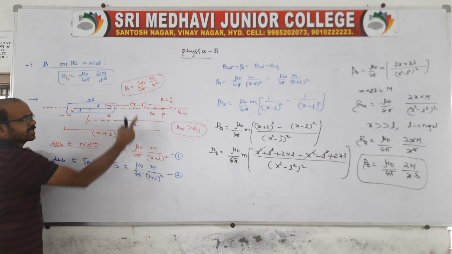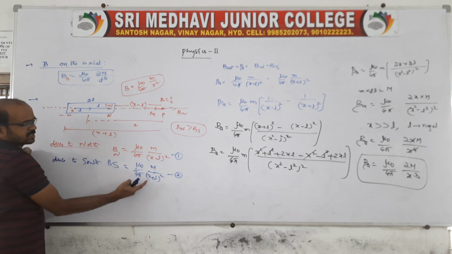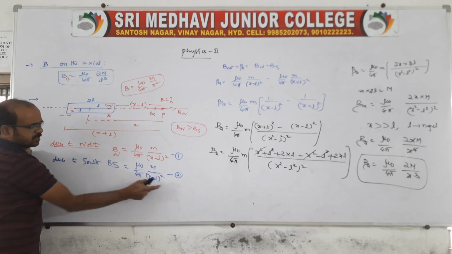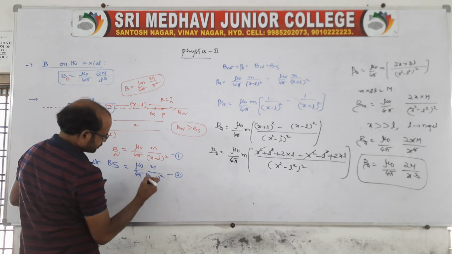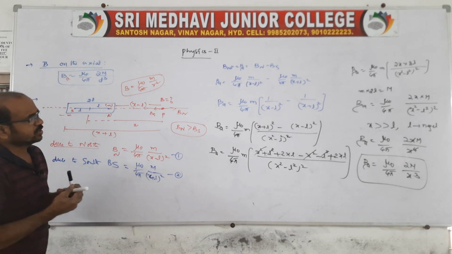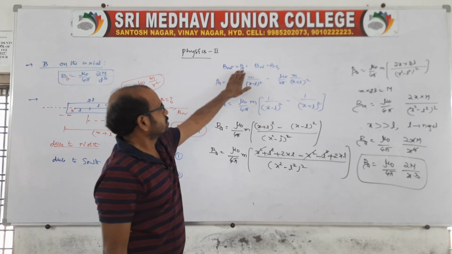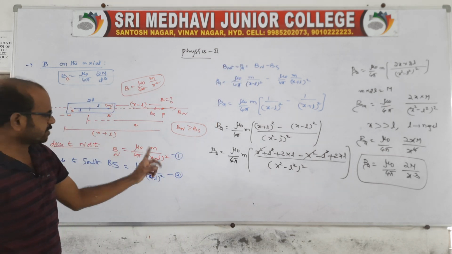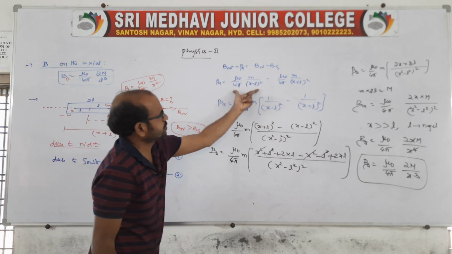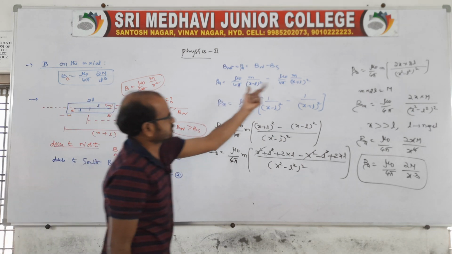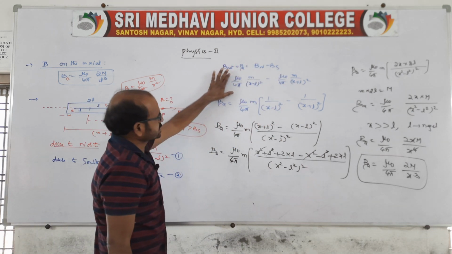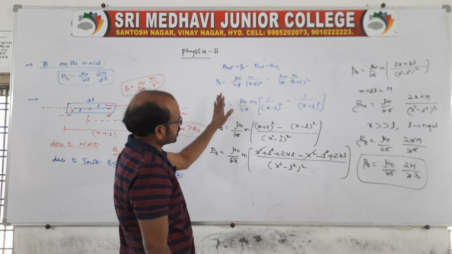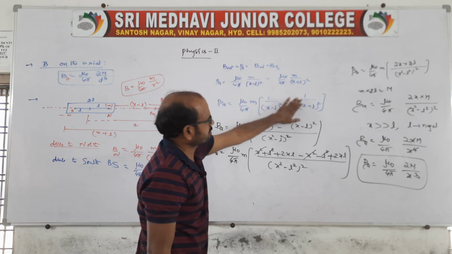In the same way you take due to the south pole also, because the south pole is located at this point, x plus L whole square. Now the net field at point A, BA is equal to Bn minus Bs. We know the Bn value and the Bs value, so you substitute here. The similar terms are common: mu naught by 4 pi m is common, 1 by x minus L whole square minus 1 by x plus L whole square.